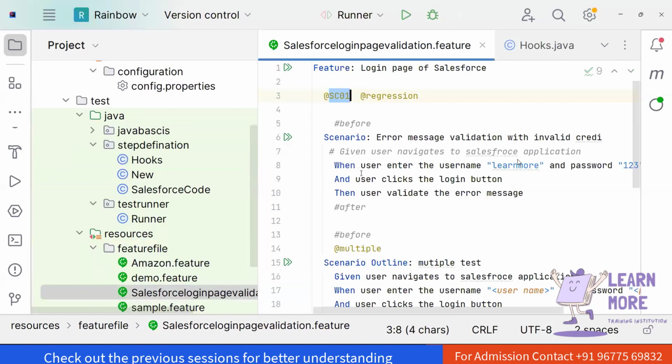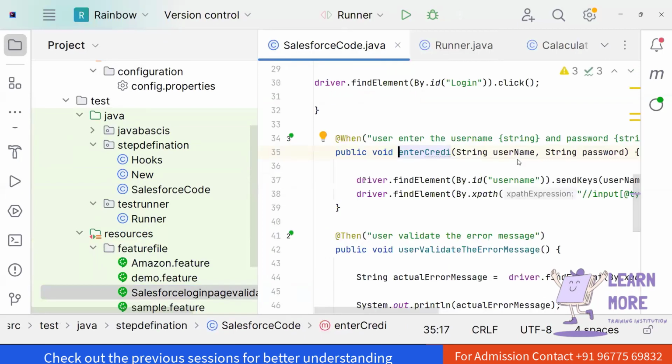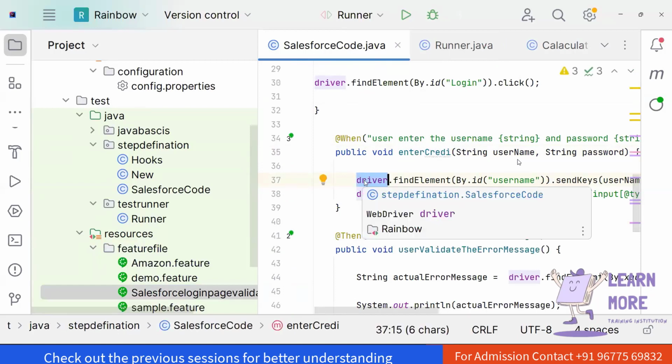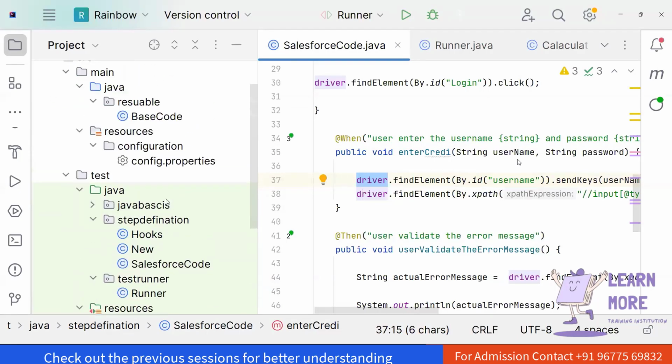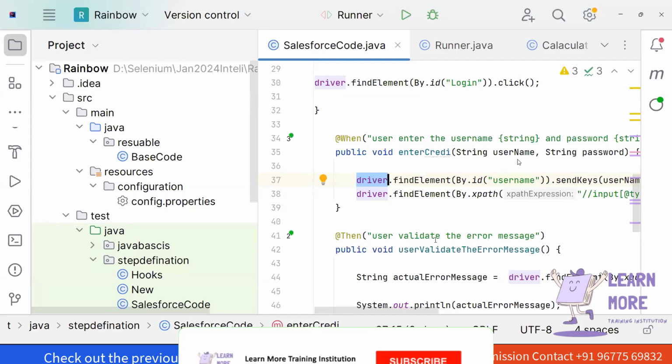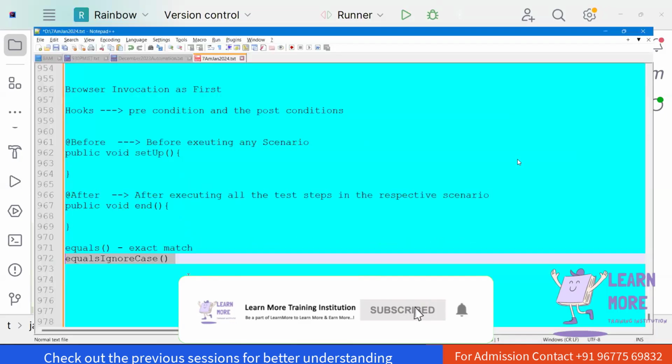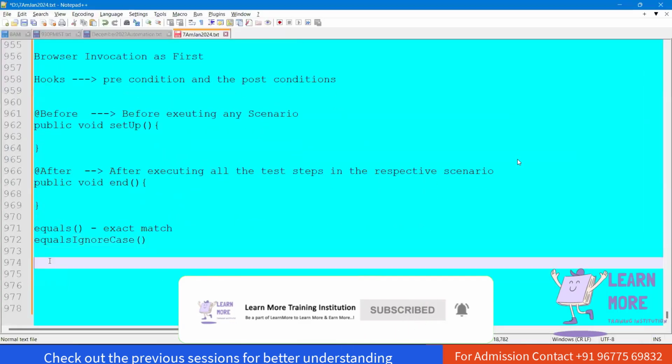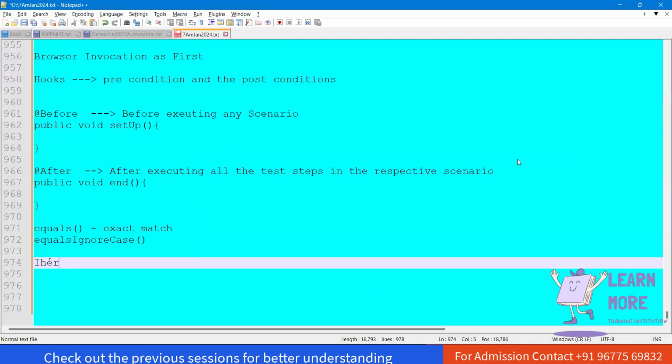Which means it will execute the step where the user enters the username and password. And here we are using the same WebDriver. Again, this WebDriver will have null knowledge because we have initialized the WebDriver in a different class file. So we need to inject the knowledge of WebDriver from one class to another class. In order to inject, we are going to use another Java concept which we call as